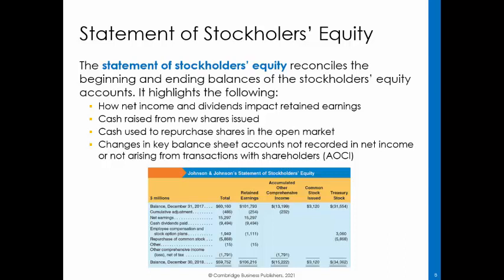Johnson & Johnson's net income added to retained earnings was $15,297 million. Cash dividends paid were $9,494 million. Johnson & Johnson's policy is to use Treasury shares for employee stock-based compensation plans. It purchased additional stock on the open market during the year at a cost of $5,868 million. It reported other comprehensive loss of